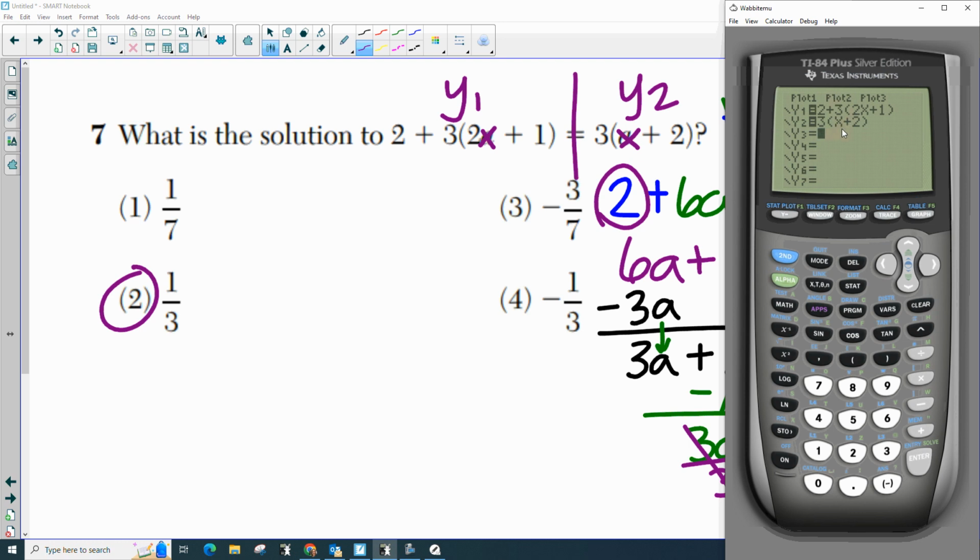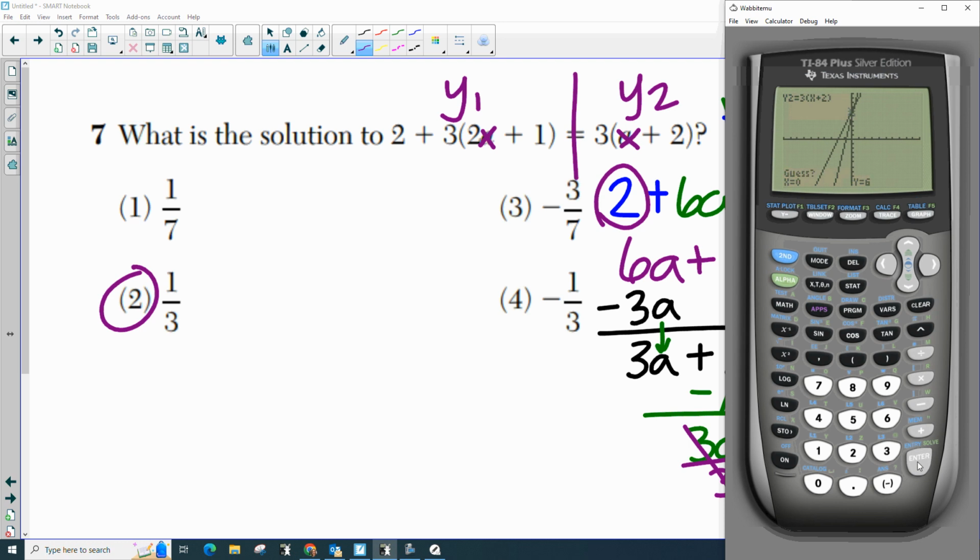All right, so remember, for a system of equations, the solution is the point where the two lines intersect. If we look here, I can see that they're intersecting, but I can't tell exactly what that is. So I'm going to press second trace, and I'm going to calculate the intersect, which is choice 5. And then remember, once you get back to here, you just press enter 3